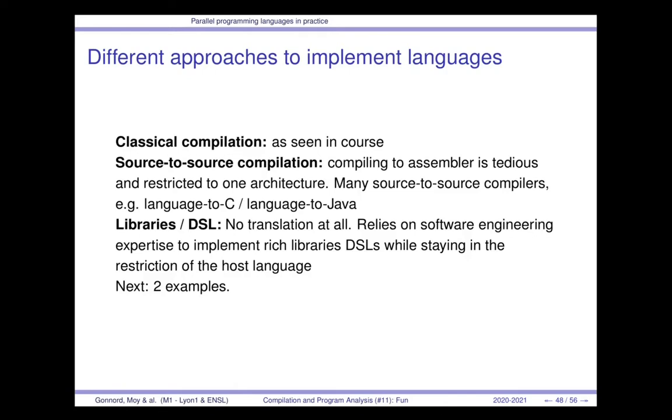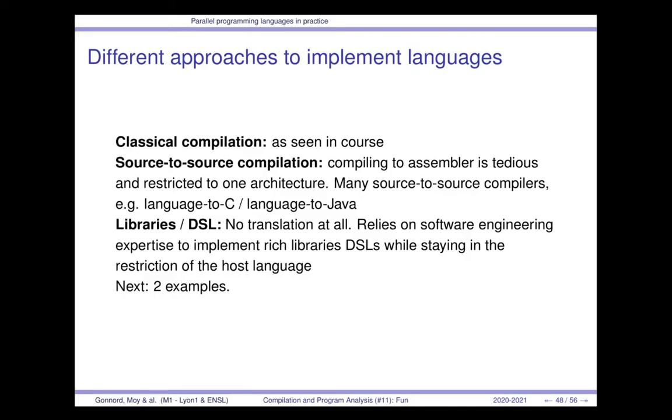So very often the library approach is used in languages that are higher level than C. For example, in Java, you can at runtime know a bit about the status of the objects, which is very useful when you try to implement libraries that are a bit dynamic. In the next slide, I'll show you two examples of